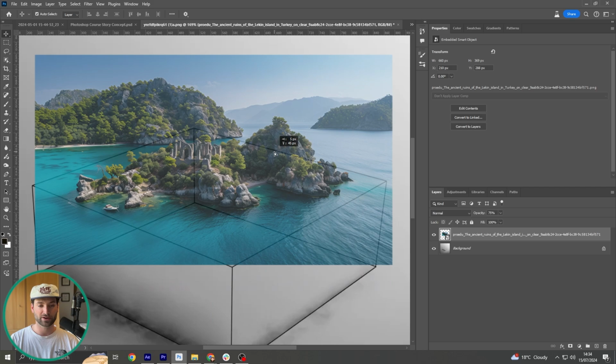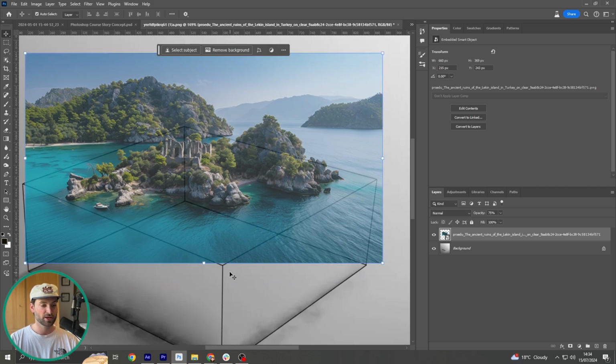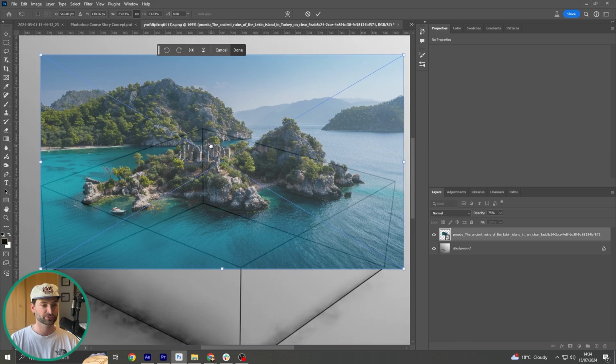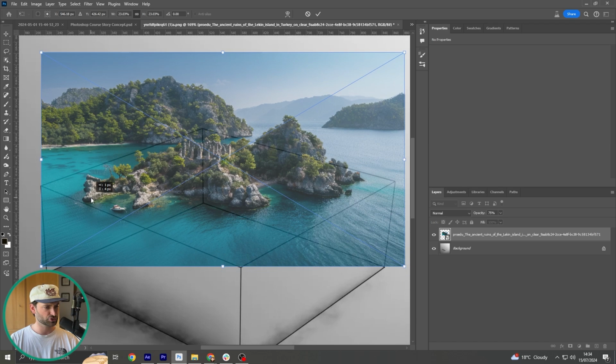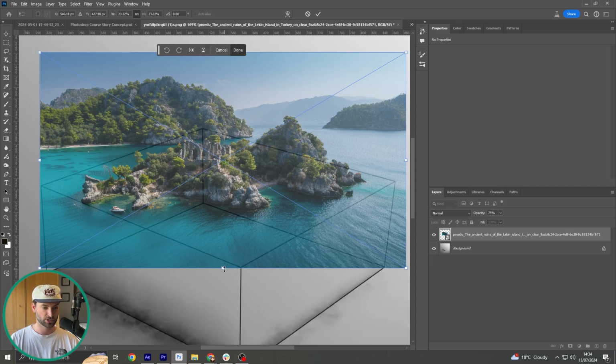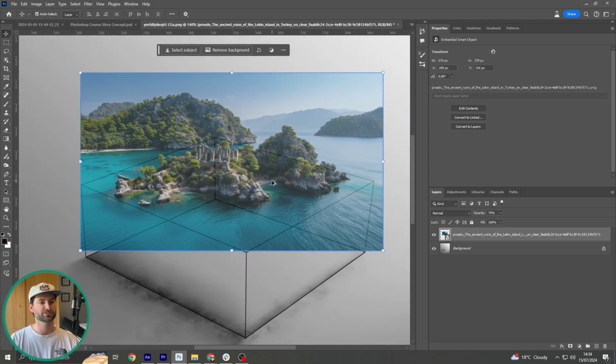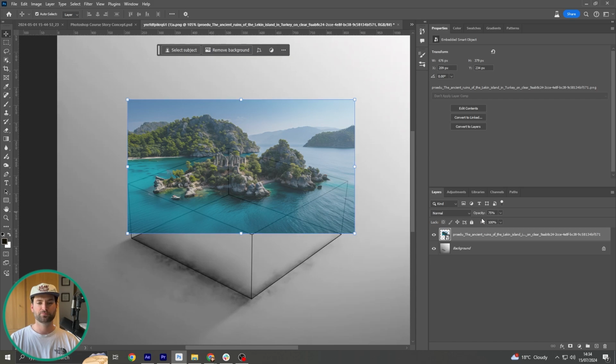Now I'm going to reposition our photo, making sure that all four corners are covered by the original image. You can see here, we want to make sure that all of these nice 3D features are included in our top square. So we can just reposition this until we're happy. And I'm pretty happy with this. So now we can bring the opacity back up to 100%,